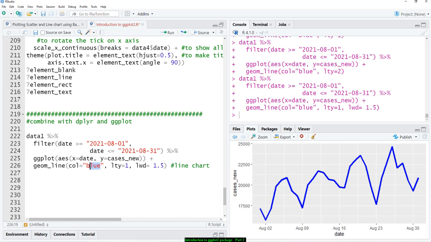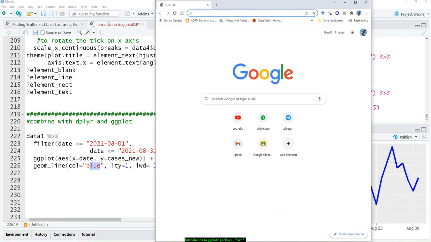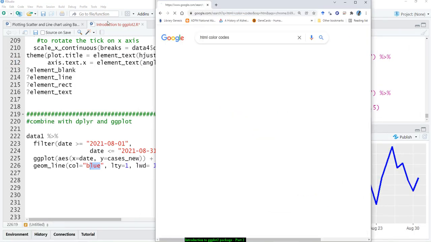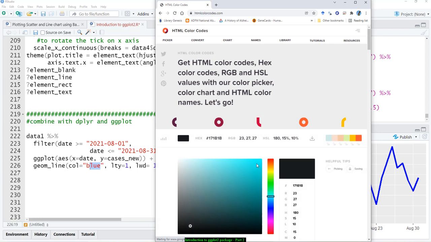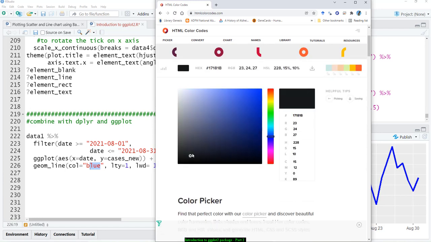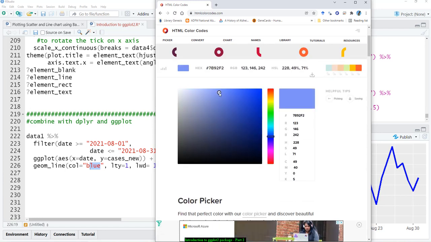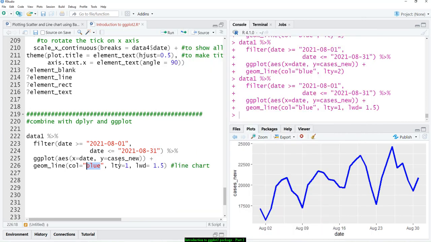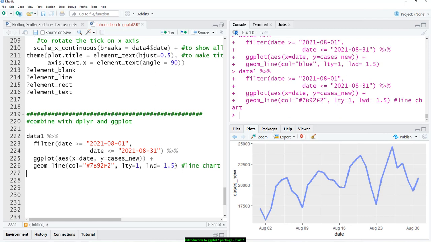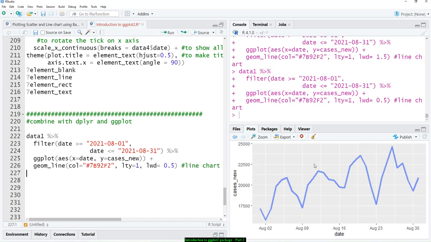So let's say I tak suka this blue color, so I can go to HTML color codes, so I can choose my own colors lah. So let's say I choose this color, right? Very light blue, so we'll get this one lah. So the line looks thicker, I don't want it to be thicker, so let's say 0.5, kurang sikit, and then this is going to be 2, so macam ni. Alright,